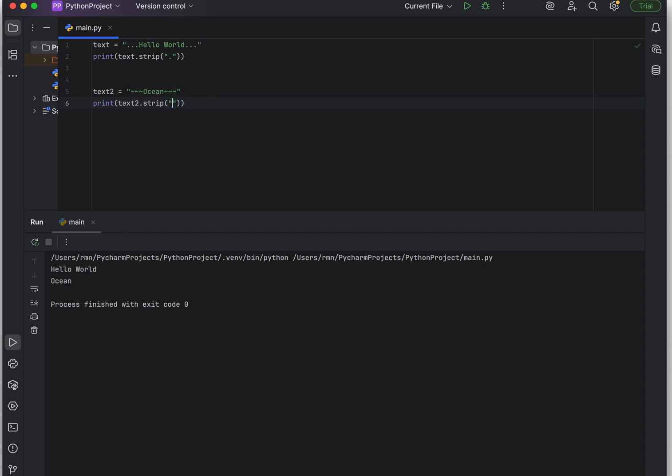But if I do this, it will output the entire thing. And now if I do this, I will still just output